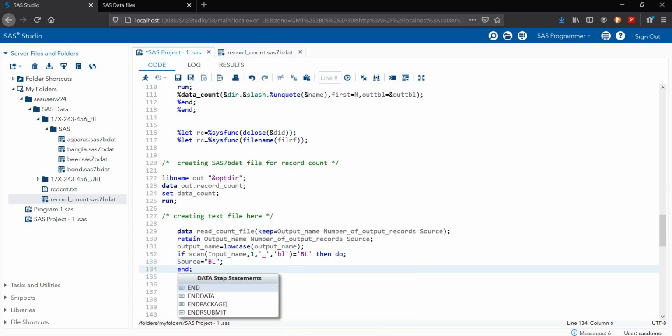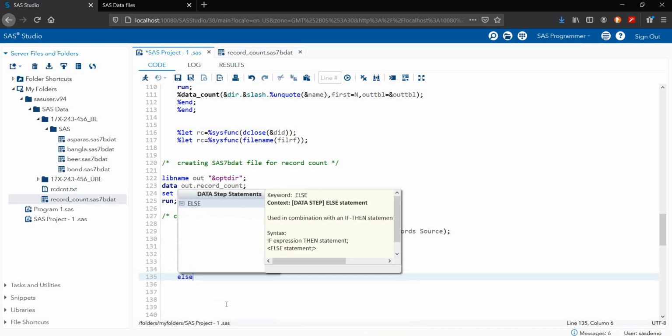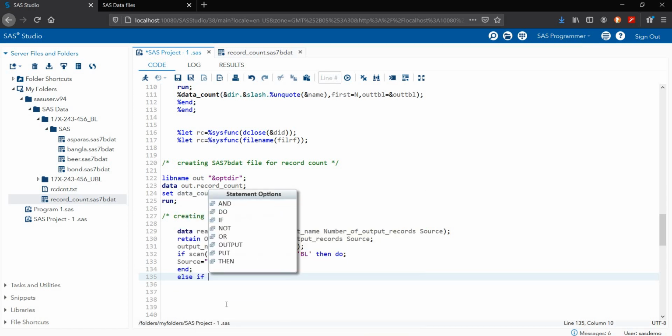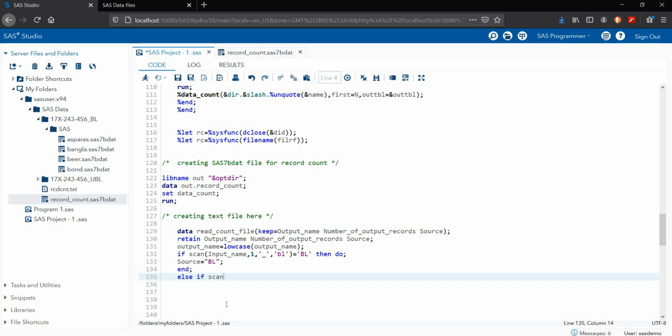Then else if scan, same, I'm copying here. The scan statement will be the same, all these statements will be the same, so I'm copying this one and pasting here.